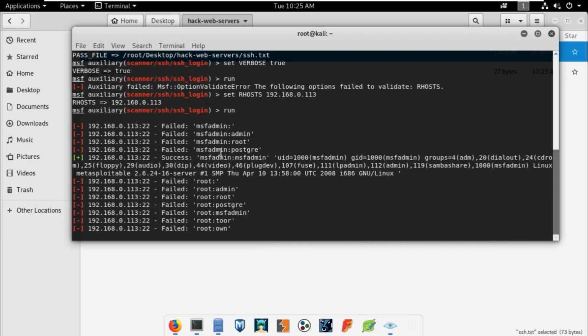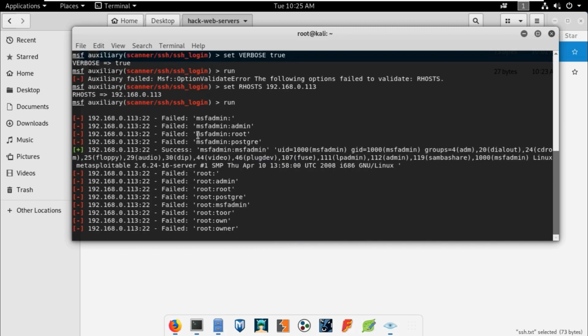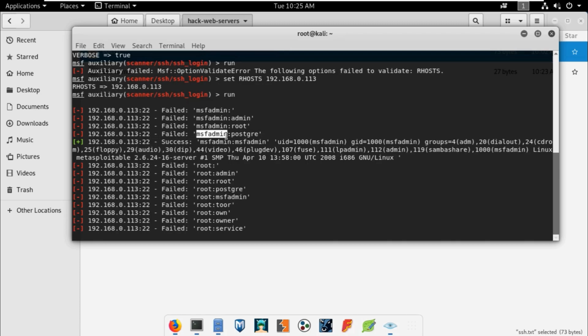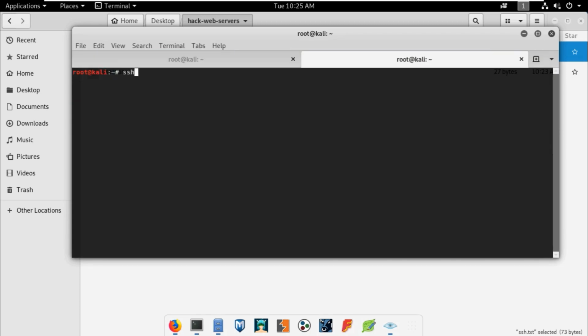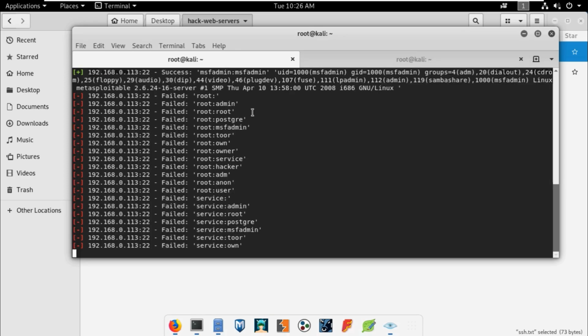Just copy this one, msfadmin. I'm just going to copy msfadmin, both the username. ssh msfadmin@192.168.0.113. You must specify the username. If you don't know the username, then you cannot log into the SSH server.